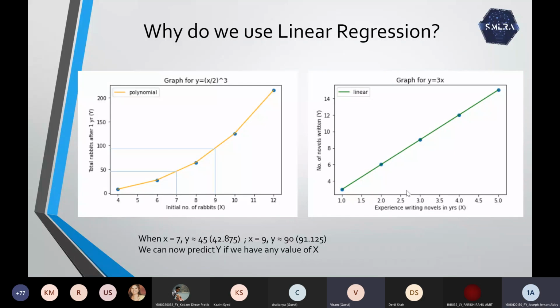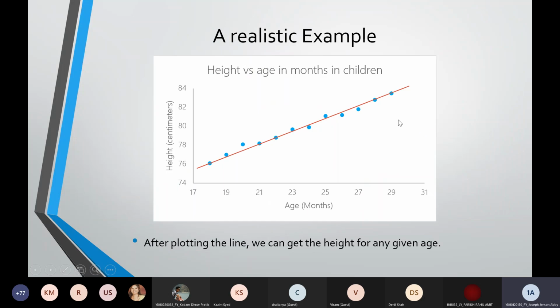7.5. Yeah, 7.5, because you know the relation y equal to 3x, so you can tell it's 7.5 based on your existing relation. So we are going to do this when we have real life examples also. So this is a survey. We have collected the data of the height in centimeters of a child whose age is given in months. So we have surveyed multiple children. We have found out their height and their age. So we have basically plotted the data points, and we have to find a relation.